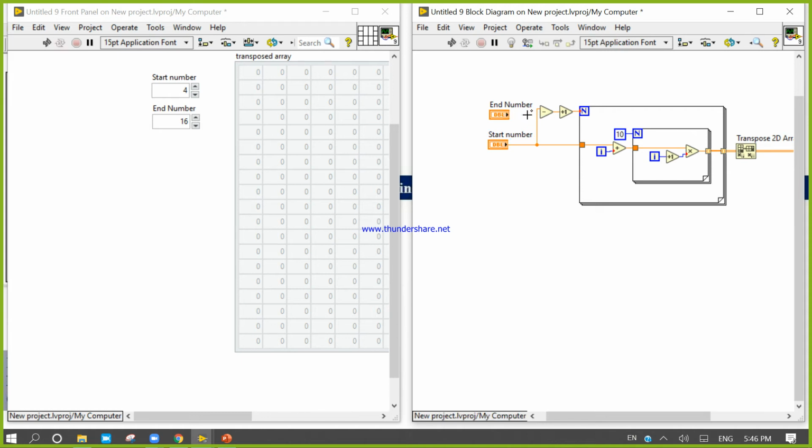Okay, there is one problem in this code which I need to rectify. Control Z. The end will be up, the start will be down. Now connect start with this.